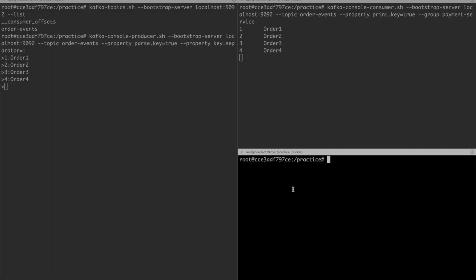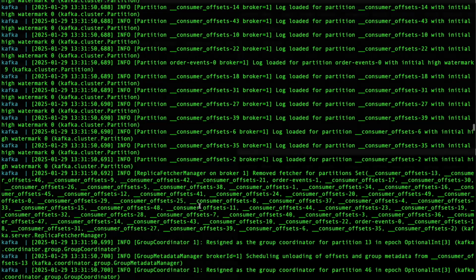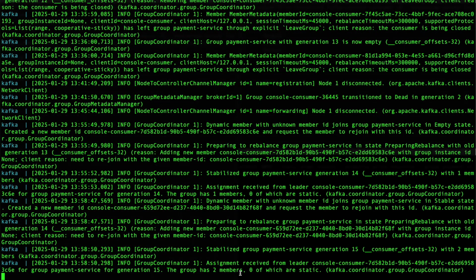Now let's assume because of some auto scaling, suddenly the load has increased on your application, and you started one more instance of, for example, the payment service. Now you started one more instance, meaning you started one more consumer. So let's start this. Now if you see the logs, when we started the other consumer, a reassignment has happened, that is, partition rebalancing has happened,